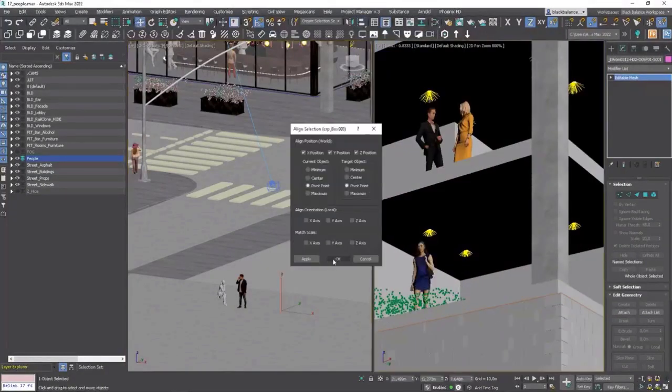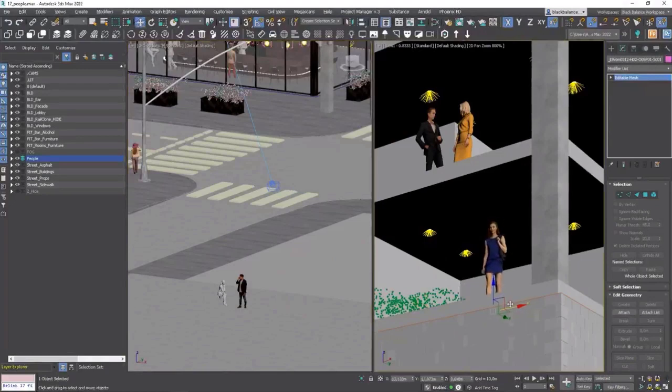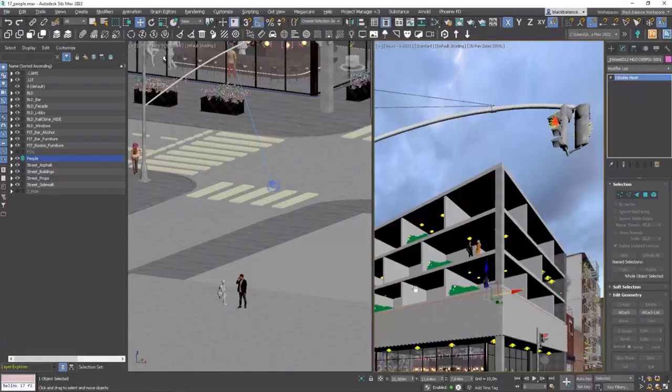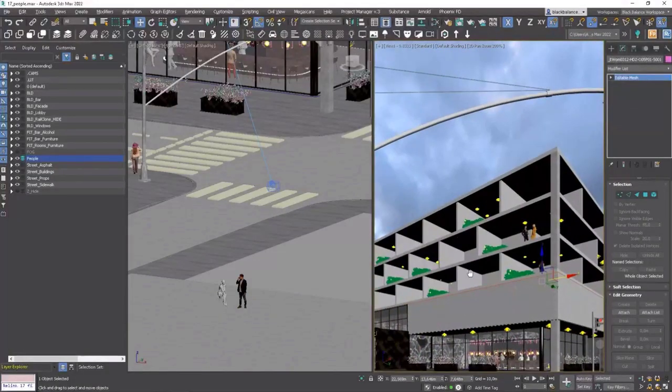Let's place the woman somewhere on the lower floor. Let's rotate her. We can use one sitting person on the bed.